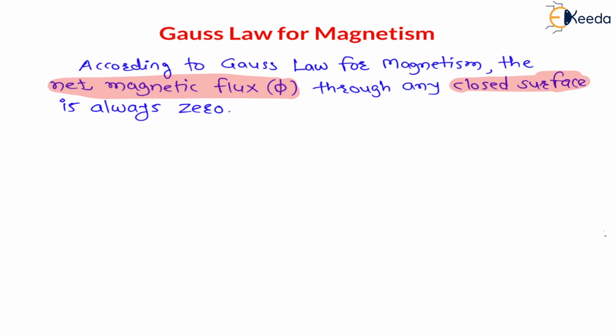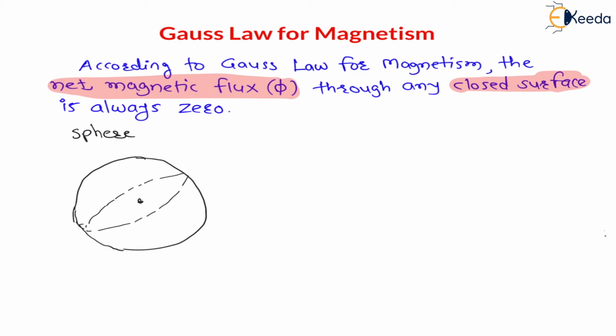Now here let us consider any closed surface. If I consider a closed surface, let us say a sphere. Sphere is one of the closed surfaces. Let us say this is a spherical surface like a football. You can imagine the football, it is hollow inside like this. This is a closed spherical surface. And my dear students, the net magnetic flux through the closed surface is always zero. That means if I consider a very small area at any location, let us say here I will consider an area, this is a very small area dS.